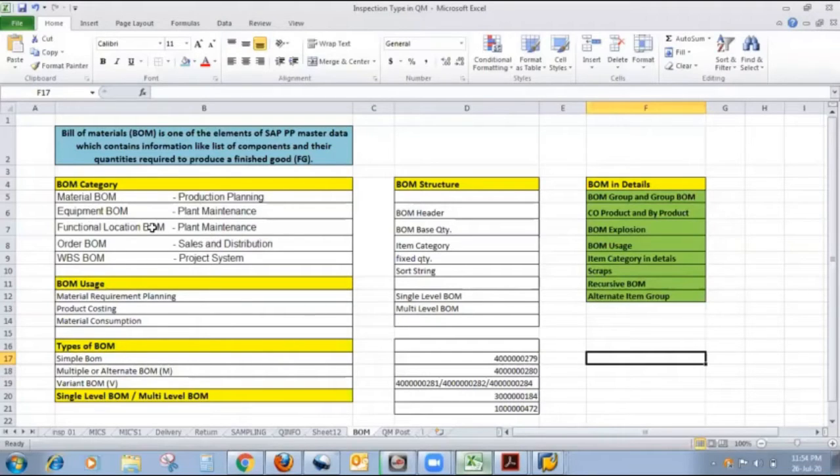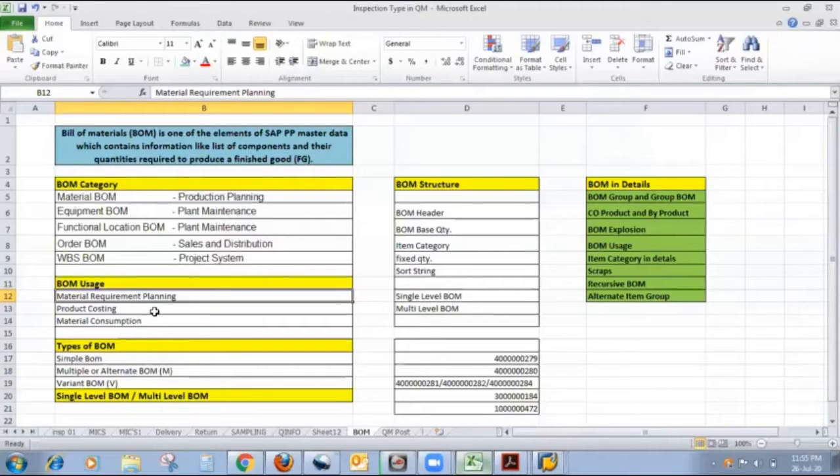For PP in particular, we use the material BOM. Now, what are the uses of this BOM? Why do you create this BOM, and what is its merit? And if we are unable to create a BOM, what is the demerit? Firstly, all of you know that material requirement planning is nothing but the guarantee of the material. And the first use of bill of material is material requirement planning. From the BOM the system knows how many raw materials and how many semi-finished components we need to fulfill the finished good.